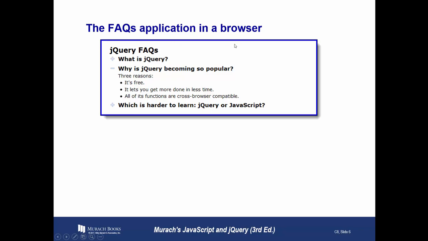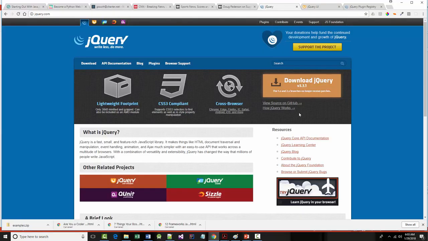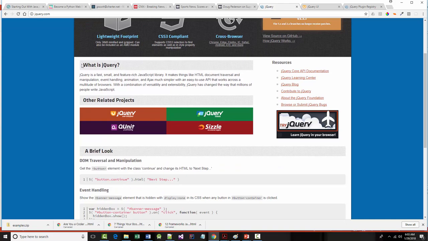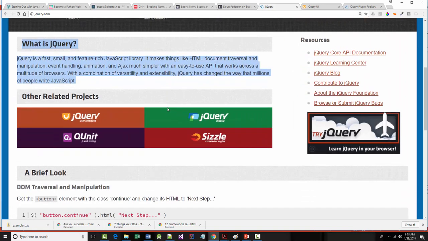So they've got here the FAQ presentation in a browser, but before we do that, let's go and take a look at the website itself. So first thing that they give us here is, what is jQuery? And here's the definition. jQuery is a fast, small, and feature-rich JavaScript library. It makes things like HTML document traversal and manipulation, event handling, animation, and AJAX, which is asynchronous JavaScript and XML,